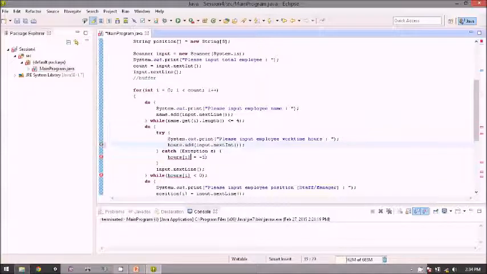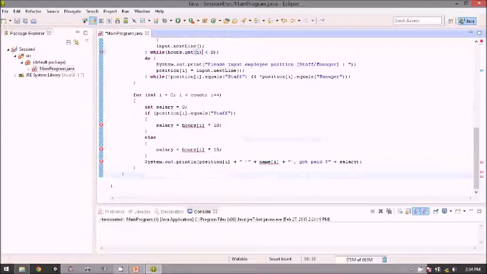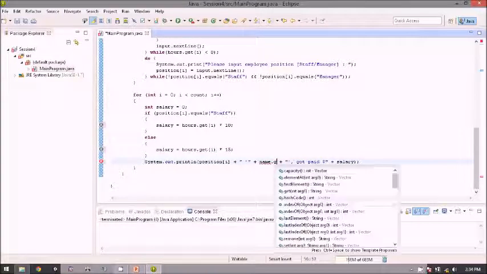Okay, and this one we change to add 2, and then this one using get i. Okay, and the hours, just change it to get i. This one too, and this one too, name.get i.